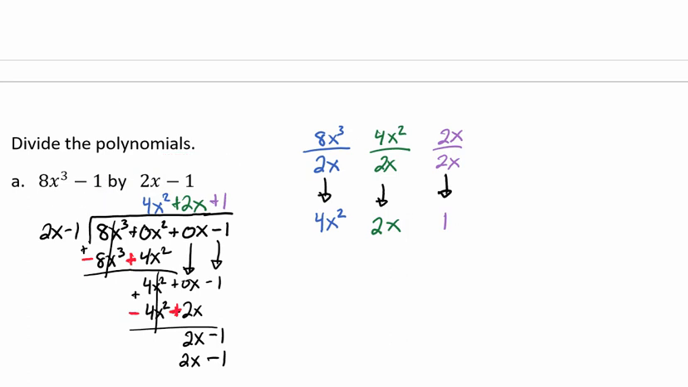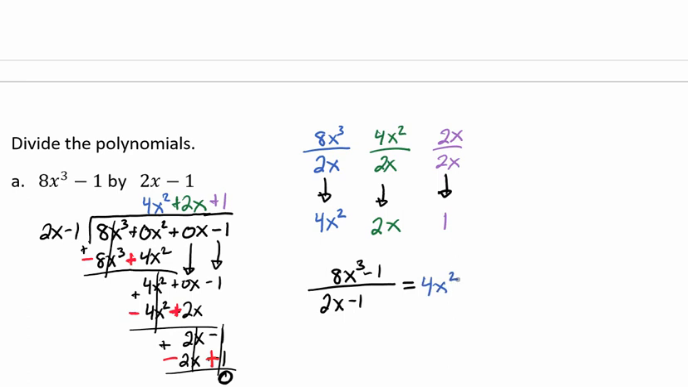Then we're going to switch our symbols, and then we're going to add those. So we're going to get a 0 and a 0. So we're going to get a remainder here of 0. And so we're able to write that 8x to the third minus 1 divided by 2x minus 1 equals